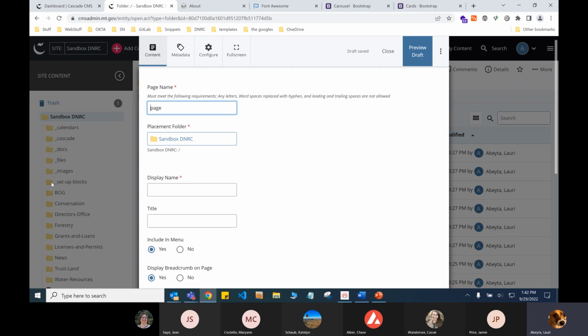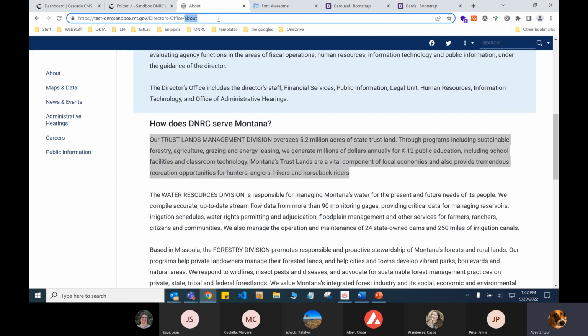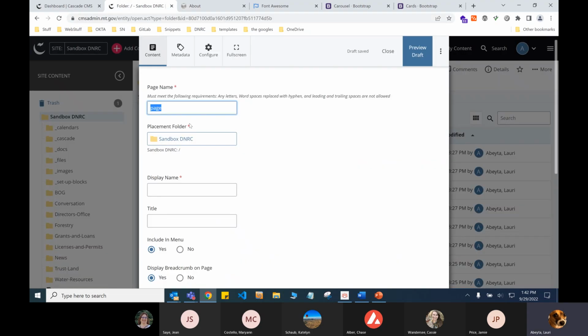So pages are truly a form. You start here with what is the actual page name, and you'll see right here. This is not the title that displays, and this is not the name that displays over here. This page right here is what actually goes right here. So when you're naming this, if you try to say,